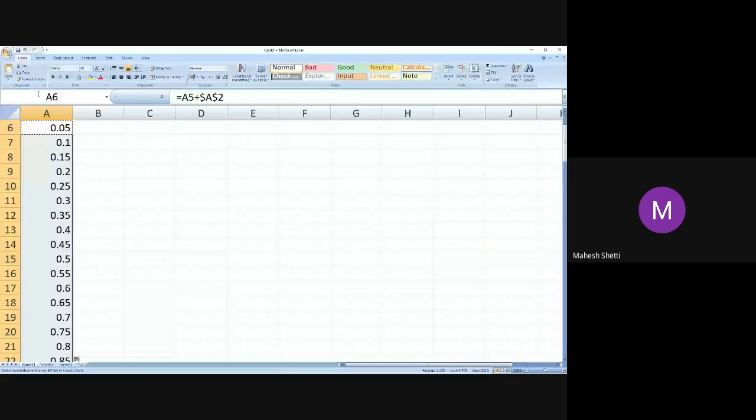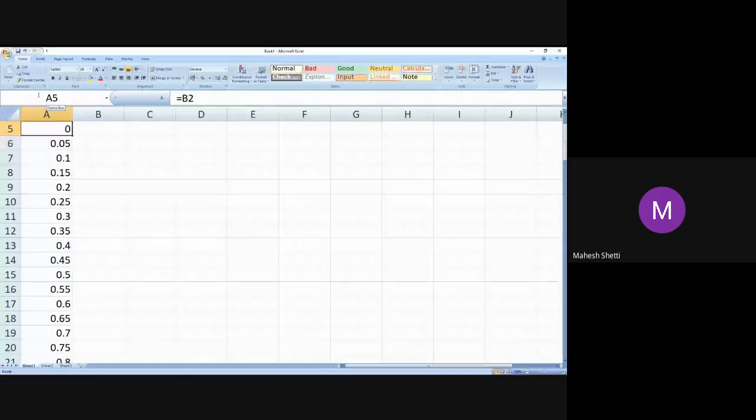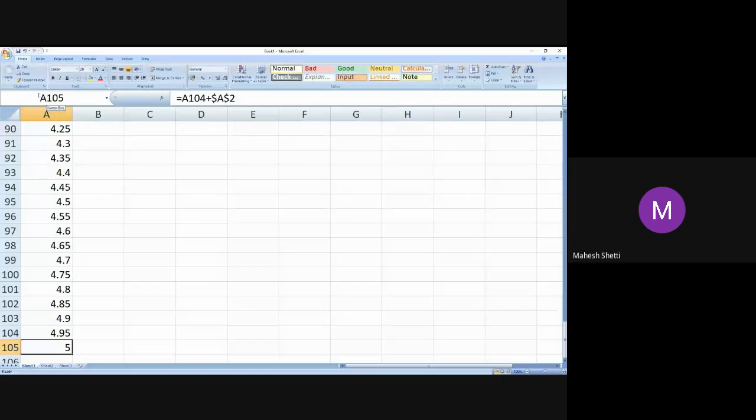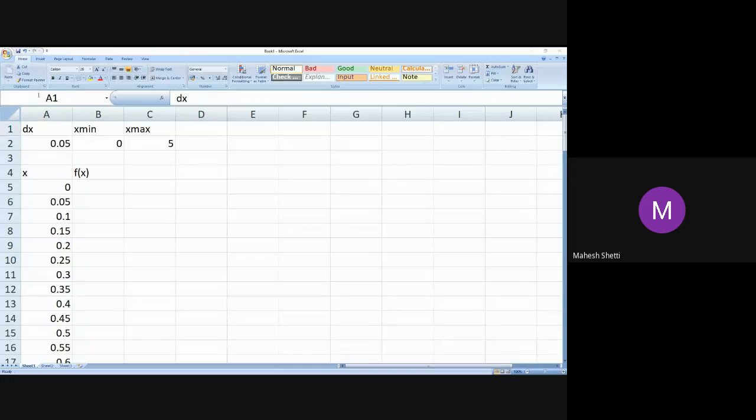I will paste it, and I can verify. You know, when I press Control down arrow, I can verify that yes, it has gone up to 5. Yes. Sir, we use